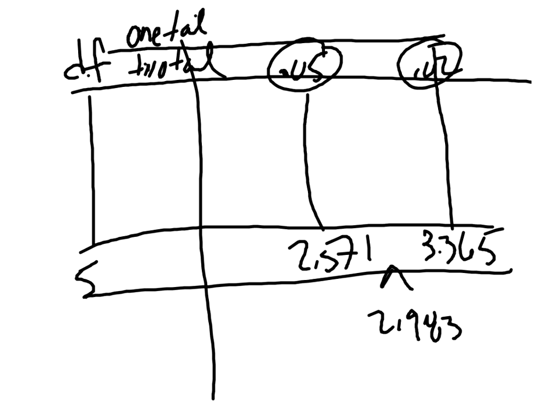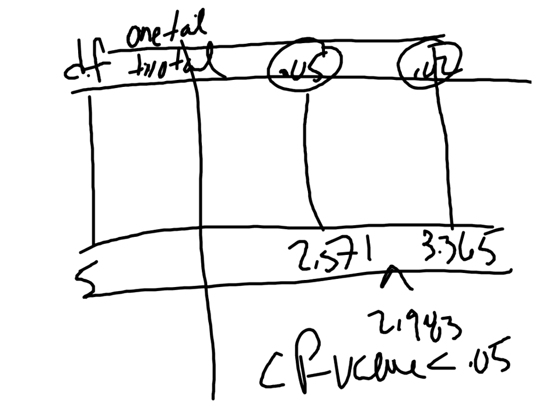If we had the right computer, we could convert this 2.983 into a precise area. But since we are using the book's tables, and they tell us it's not practical to list out that number of degrees of freedom that table would entail, we're going to use the interval. And in this case, our p-value would be less than 0.05 and greater than 0.02,